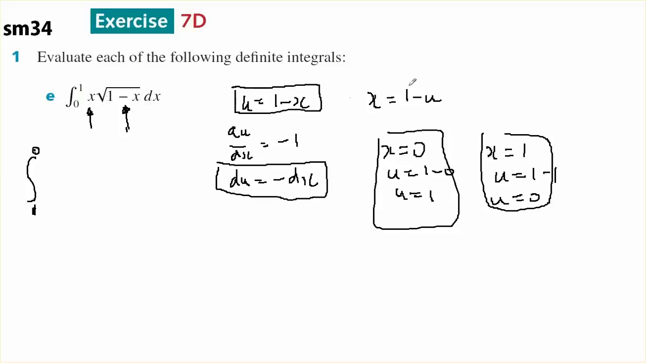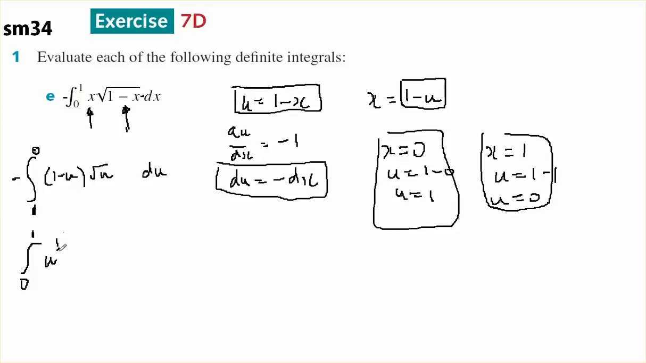I know that x equals 1 minus u, so I've got 1 minus u times the square root of u, negative, so I'll put a negative out the front, du. Negative dx, I'll put a negative out the front. So du is negative dx, so that becomes that. Okay, I'm going to turn my integral into a positive by swapping my terminals, and I'm going to multiply,